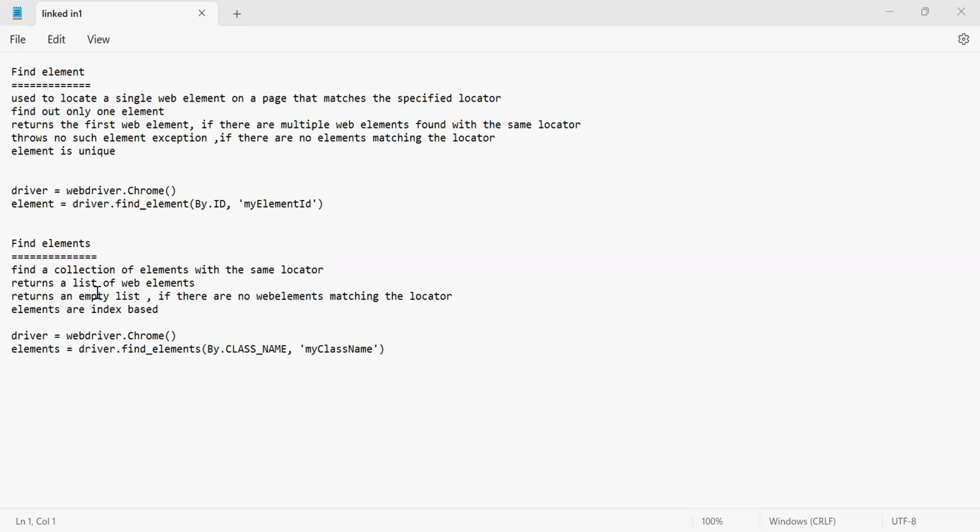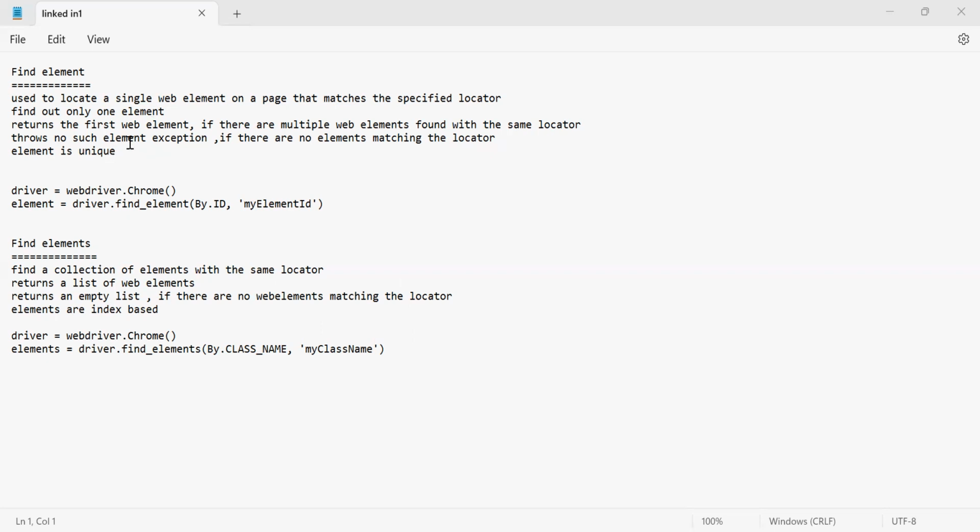Instead, it will return an empty list, that it contains none. This denotes that the locator doesn't have a list of web elements, but it doesn't throw an exception like we see in find element. Here, find element throws no such element exception,